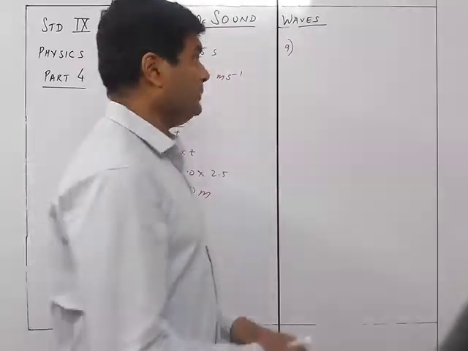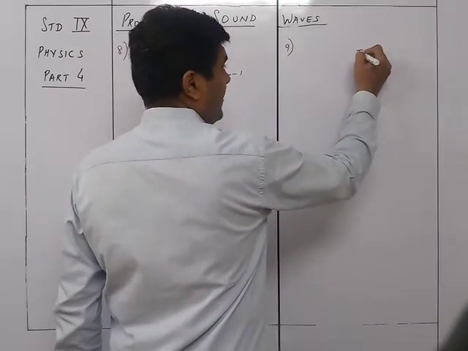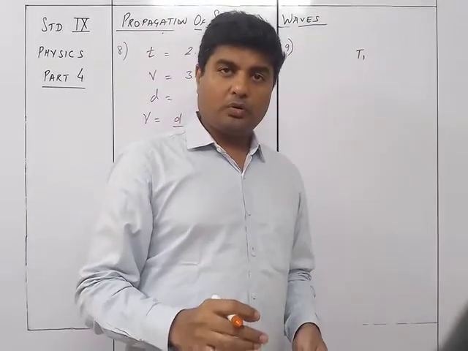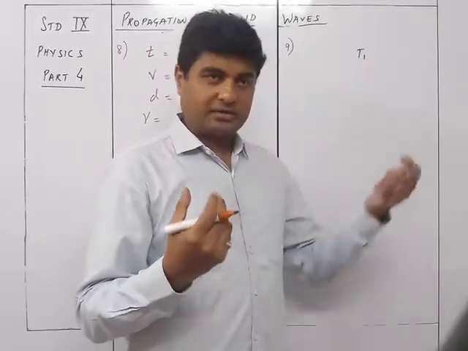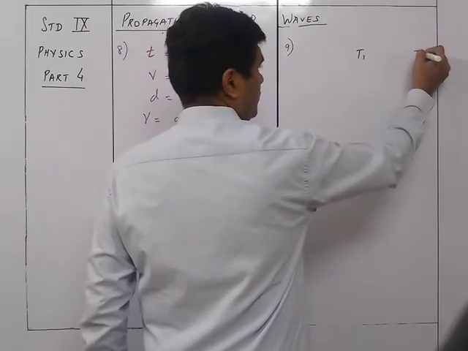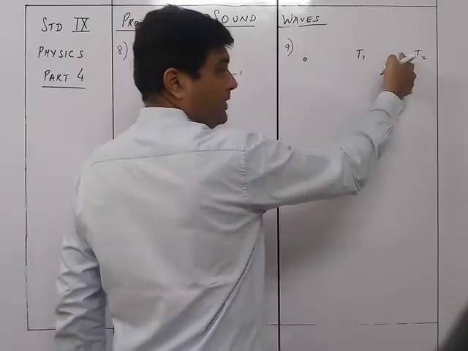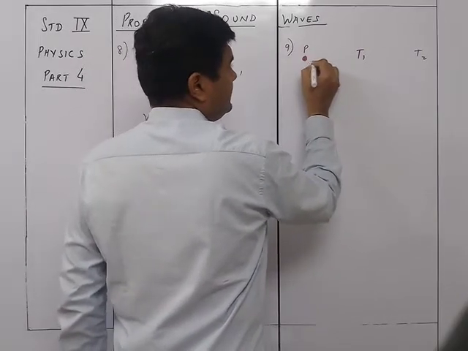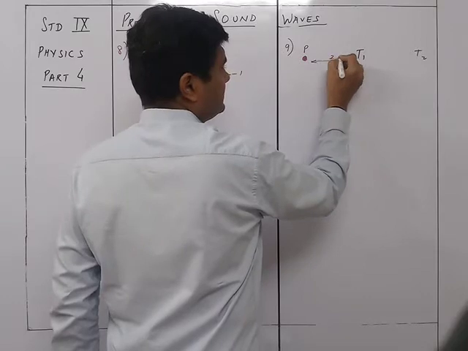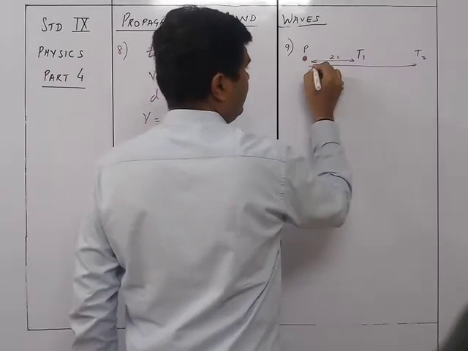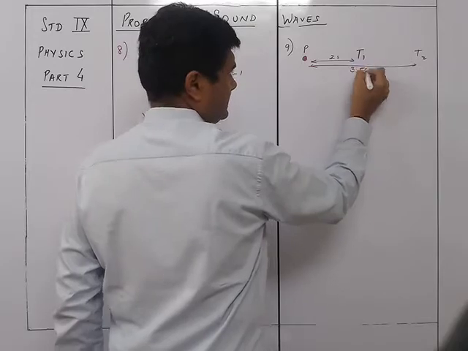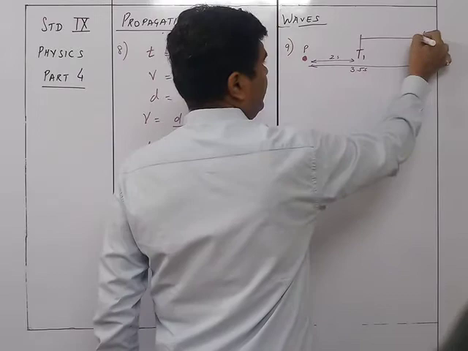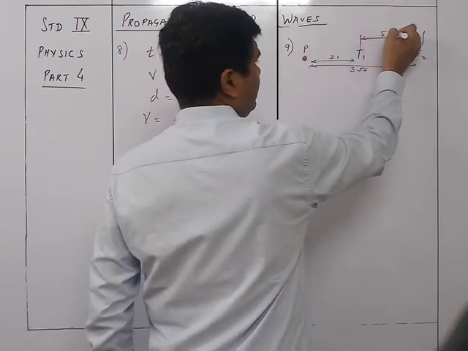Okay, so it is this way. This is tank 1. Now what is a tank? Tank is nothing but the army's tank, like the Bofors gun. Okay, that is the tank. So this is tank 1, this is tank 2. And the person is over here. Of course, he cannot be in between. You can understand that. The person is over here. This sound he is hearing in 2 seconds. And from here, the sound he is hearing after 3.5 seconds. Okay? They are given that the distance between this and this is 510 meters.